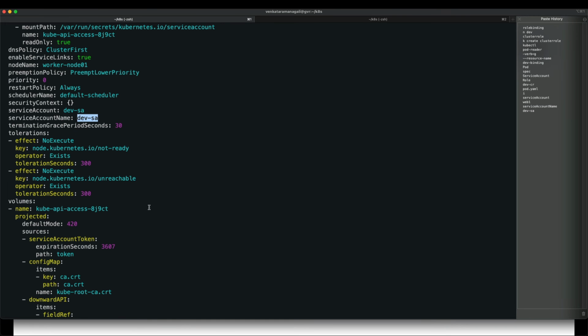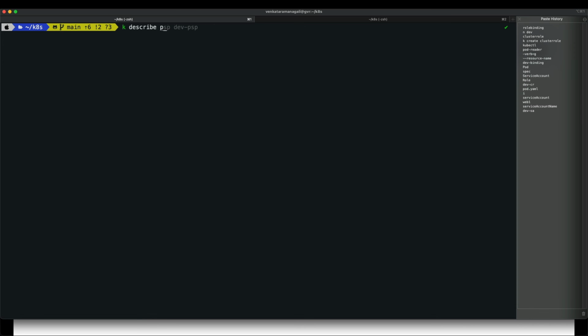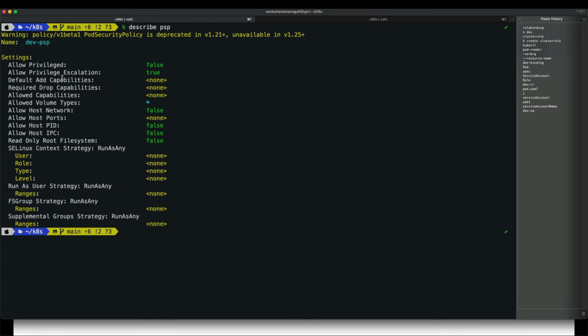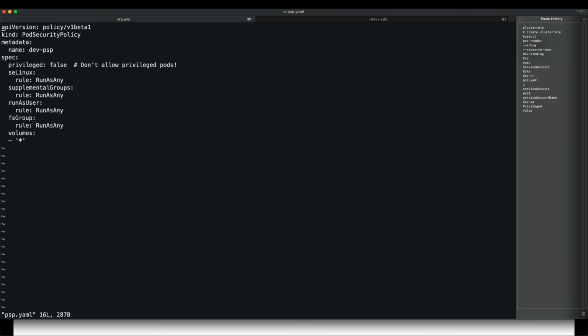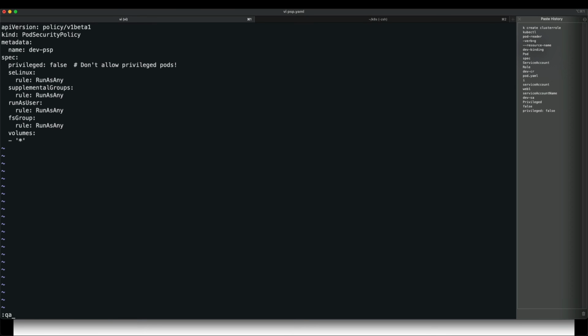Now we will test the PSP. How to test that? What is the PSP I have created here? My PSP has allow privilege equal to false, I made, right? So here kubectl describe PSP. So allow privilege equal to, I made it false, right? So vi psp.yaml. If you look at this, privilege, I made it false. So what I will do is I will copy this, right, and